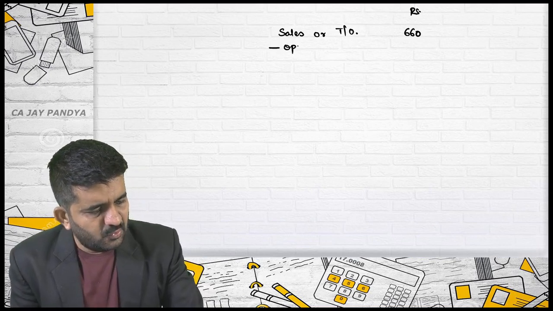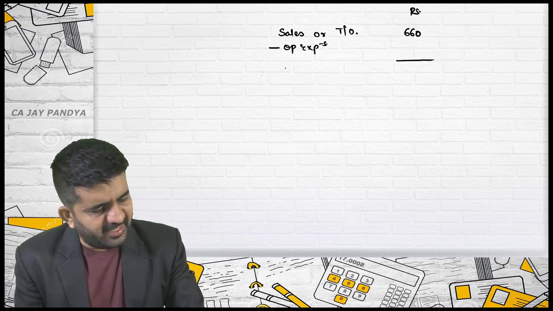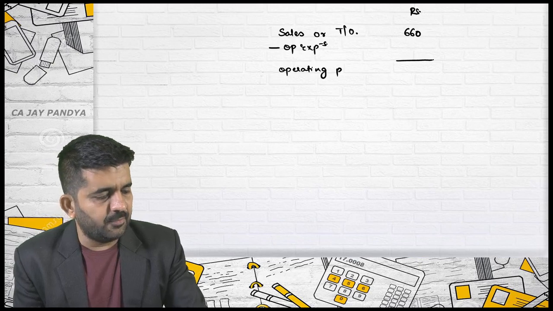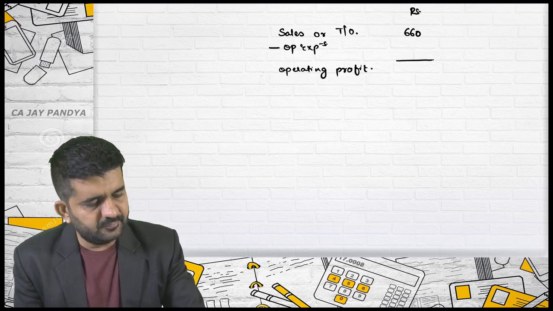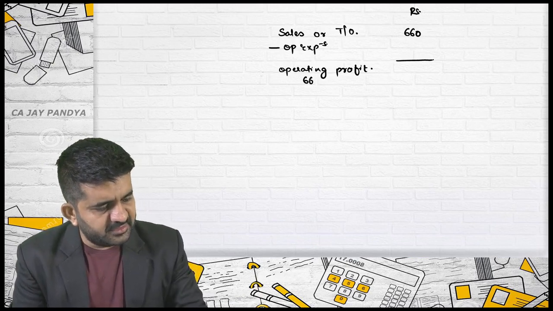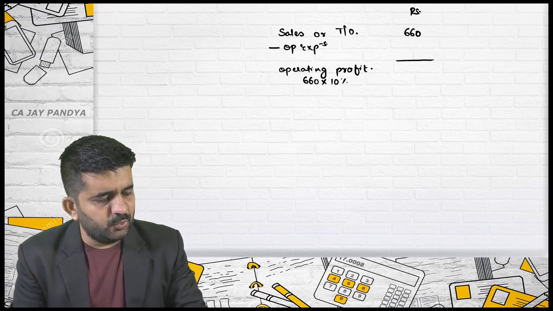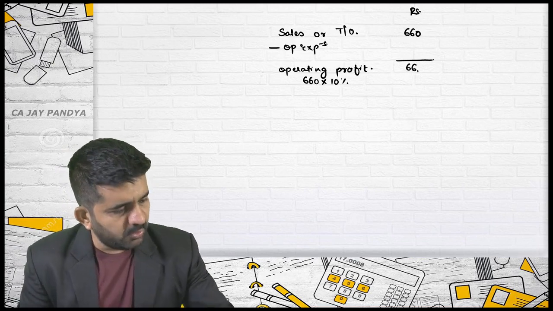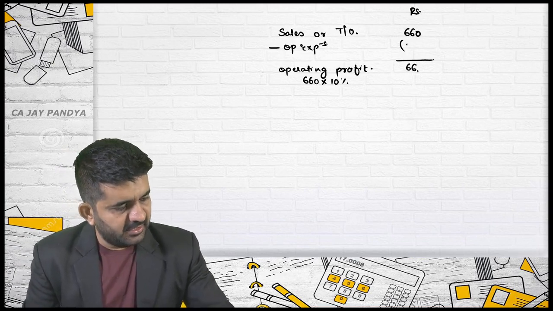Sales minus operating expenses, and I will be getting the answer of operating profit. Is that alright? What is operating profit? 660 into 10% is nothing but 66. So what will be operating expenses? It will be